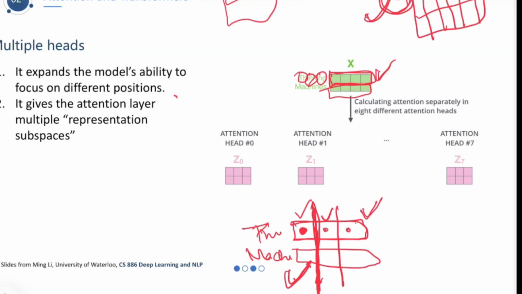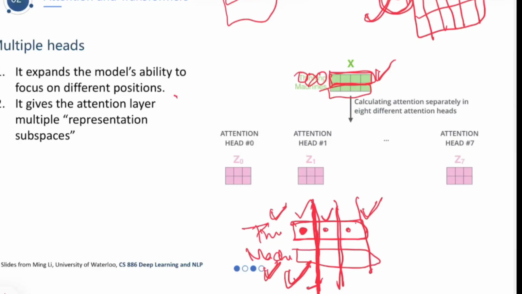So in that case, what will happen? I'll have eight different vectors for thinking and 8 different vectors for machine. I'll take the first subvector of these two vectors, and then I'll do the same process here. Like I'll apply the attention. Similarly, I'll do for this. Similarly, I'll do for this. So in that way, you will be applying this attention for these 8 subvectors